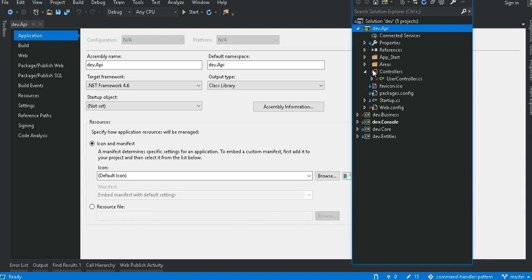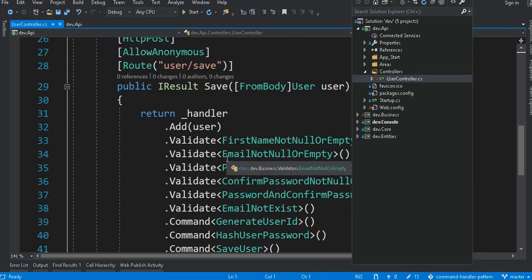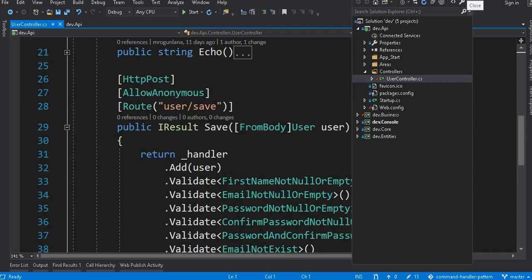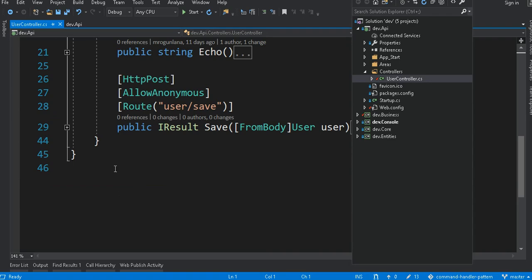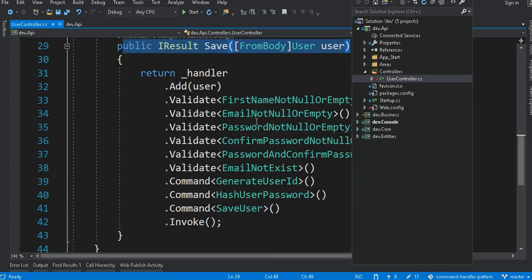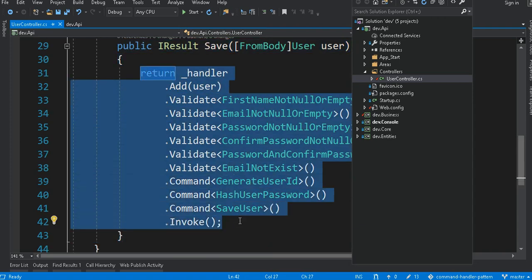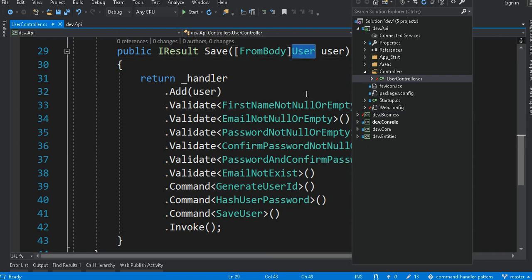The goal for developers who successfully go through the training is to create a method within the user controller similar to the save method, utilizing the handler similar to how the command handler is being utilized here, to validate a new model similar to the user model that's being referenced here, to create a new model,